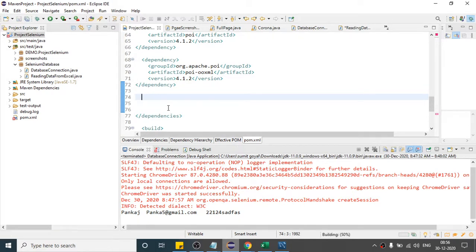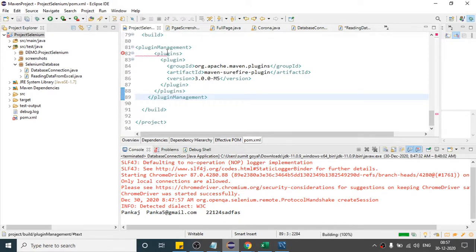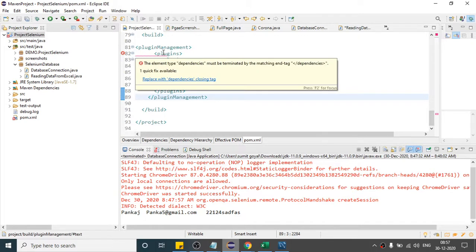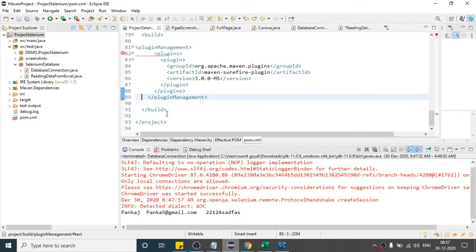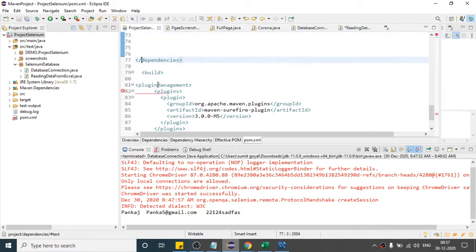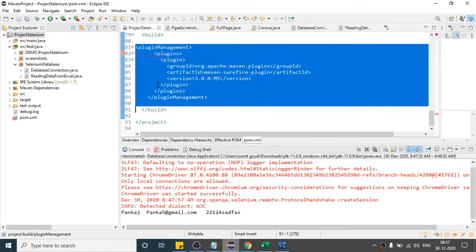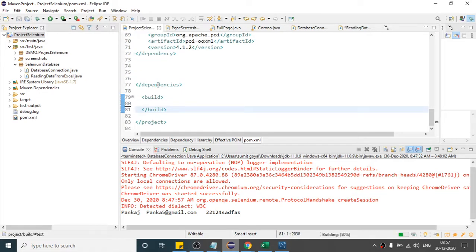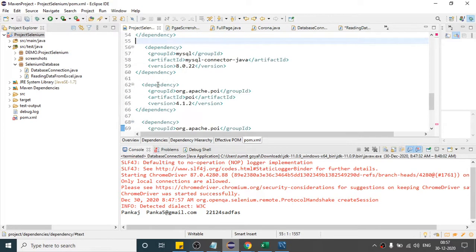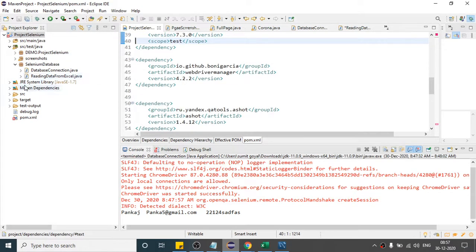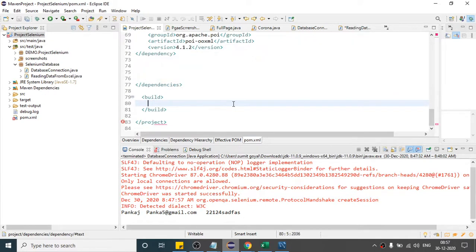Now if I save it, here an error came. Again an error comes.